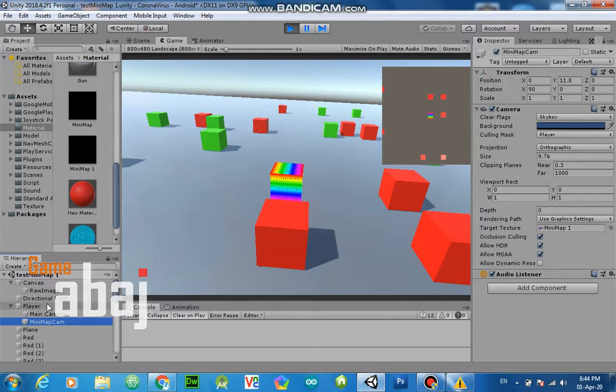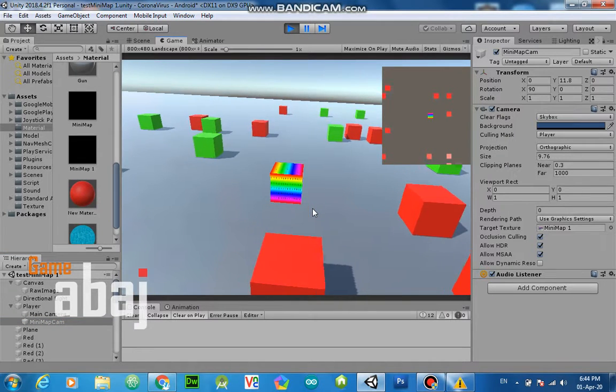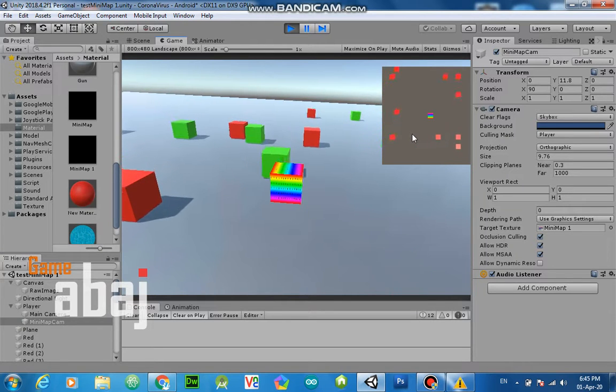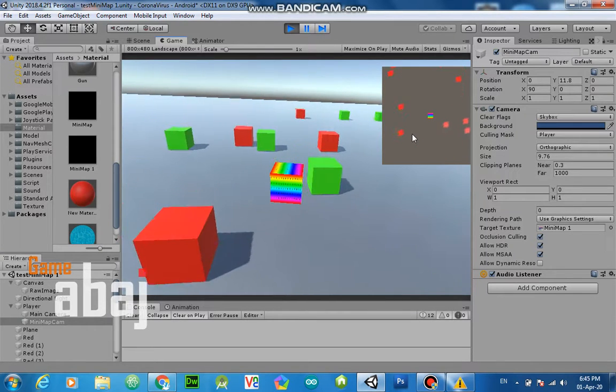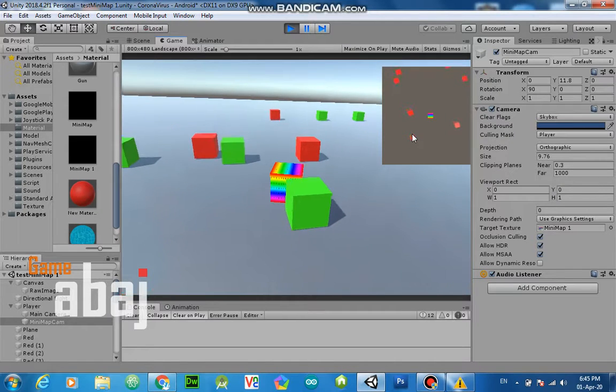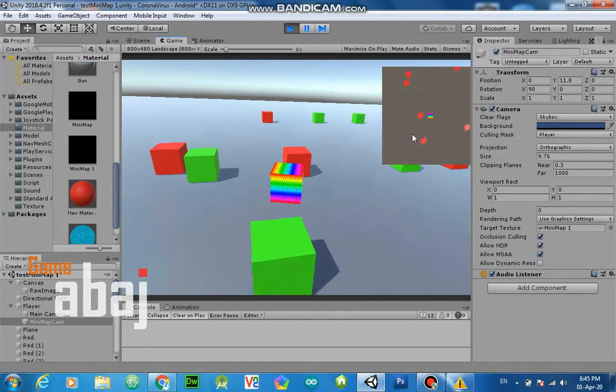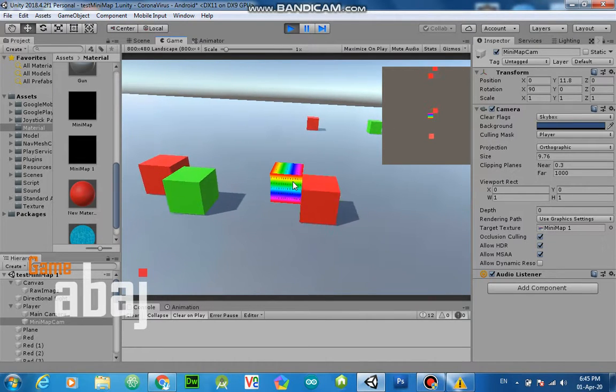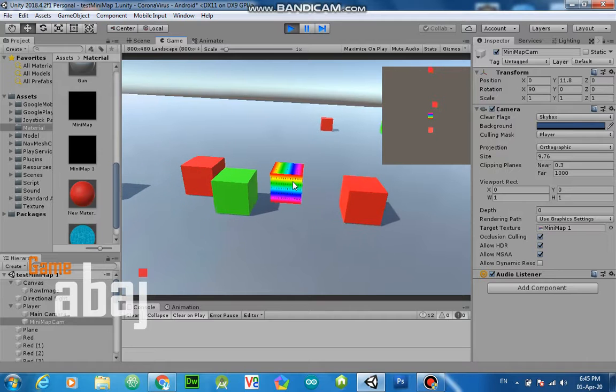Done. So when I play, our camera is under the player, so it follows our player, and I have written simple code to move this, so our map follows wherever our player goes. But what if our player is rotating, like if it rotates up here?